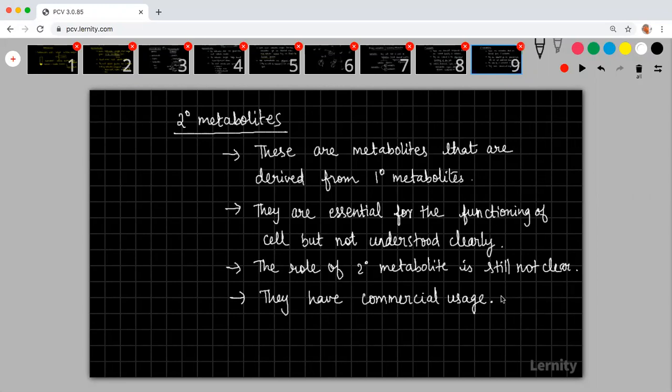Let me just tell you what it is. Some products are derived from the primary metabolites. For example, chlorophyll is a molecule which is there in plants. Chlorophyll is not coming directly from metabolism. The plant is not getting that chlorophyll directly from metabolism. But how is chlorophyll, as a pigment molecule, present? It is created from the primary metabolites only, but involving some other reactions.